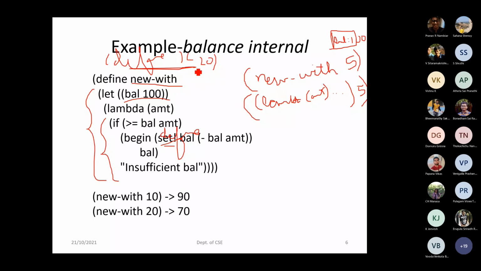Why? Because when we are using this define, you can't write like for i equals 0, i less than 10, int i plus plus. You will not write like that, right? Why are you not writing like that? Whenever you are using this data type, you are creating a new location for it. The same effect is here also. Whenever you are using this term define, it is trying to create a new location for it. So we cannot use the statement define here. The statement that will help us is set exclamation.